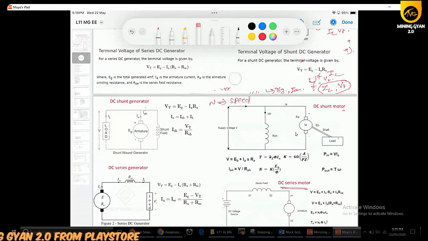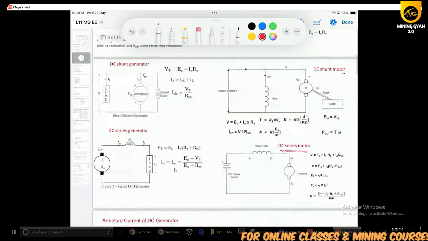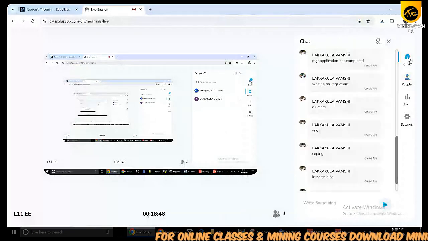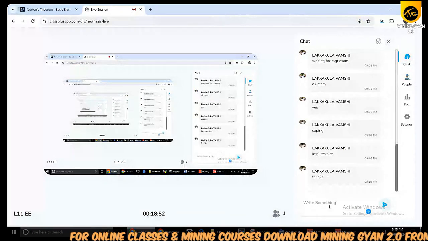That is the thing. And opposite to that, in case of a motor, you have to apply electrical energy and you will get the mechanical energy at its output, because it is a motor. So the motor will drive the mechanical load, right? In your households you have seen some motors, induction motors, etc. Yeah, I think you understood now.